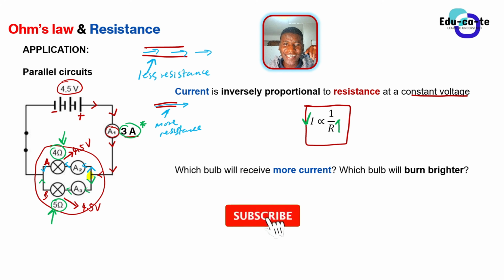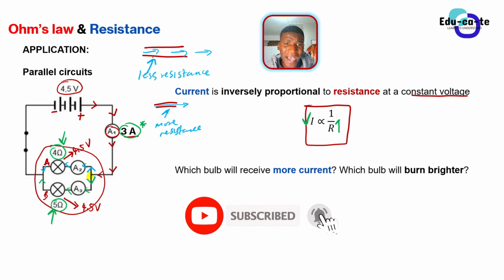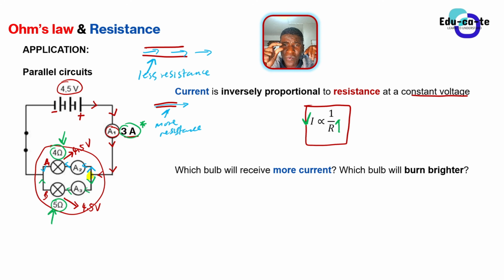because the current is being resisted from moving. Guys, there's no possible way that this pipe that is so wide will carry less water than the one that is closed, that is narrow. There is no possible way. So here, please get this sense. When we've got a greater resistance, the current passing through that resistor will be smaller, because it is that component that is resisting. In this case, light bulb B is resisting current from passing through. So that's why we say that they are inversely related or inversely proportional.